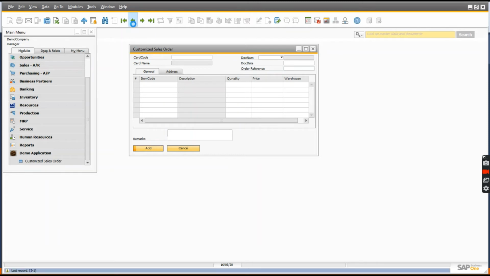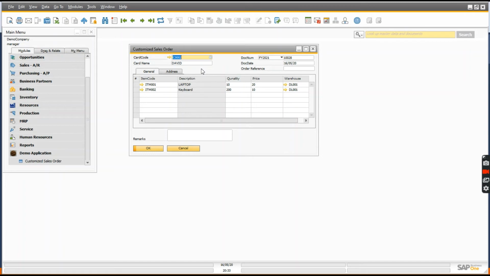So let me show you first. You can see these fields are editable. Somebody can come and change the document number, can change the card code. Therefore we should make these fields non-editable while navigating, and it is a behavior of a good form.